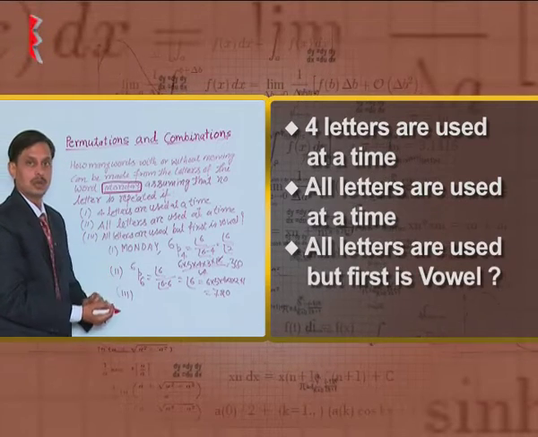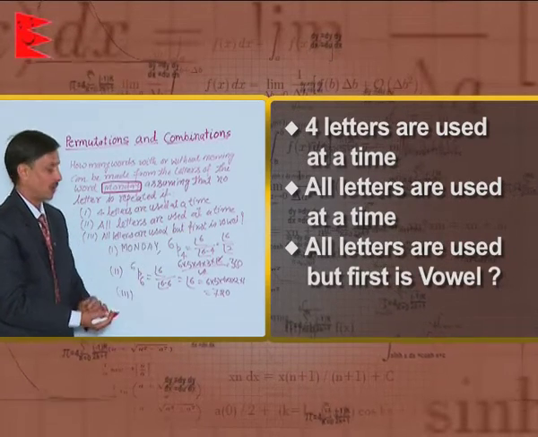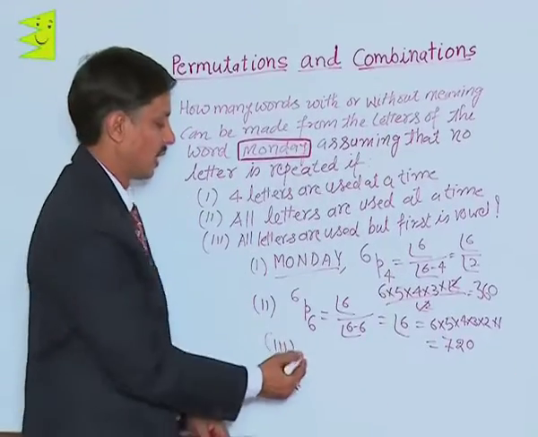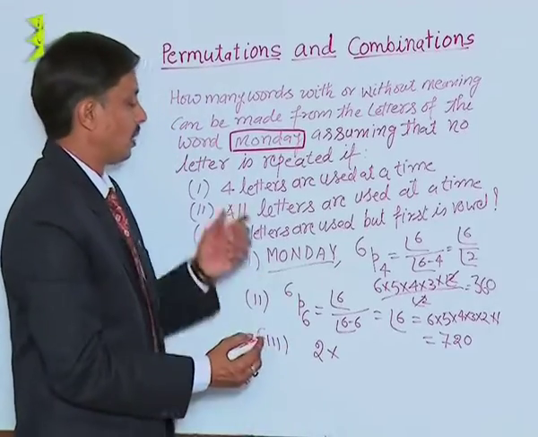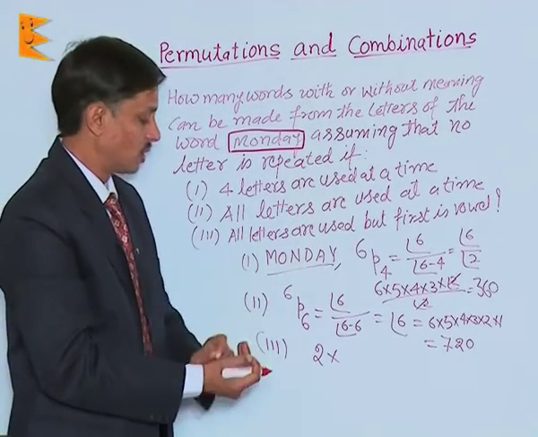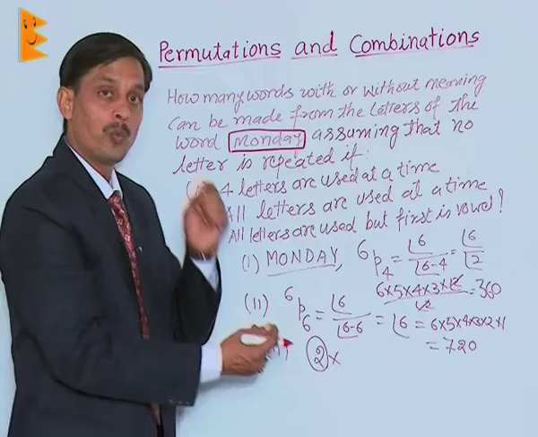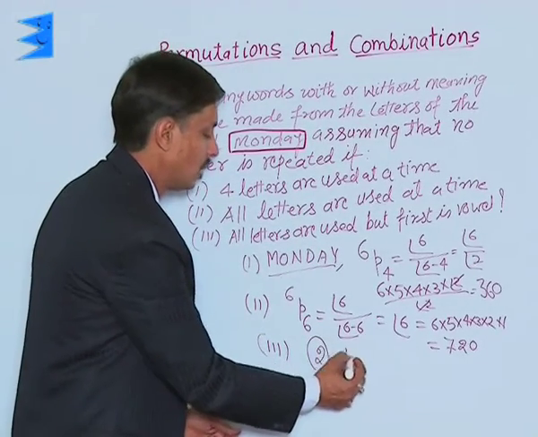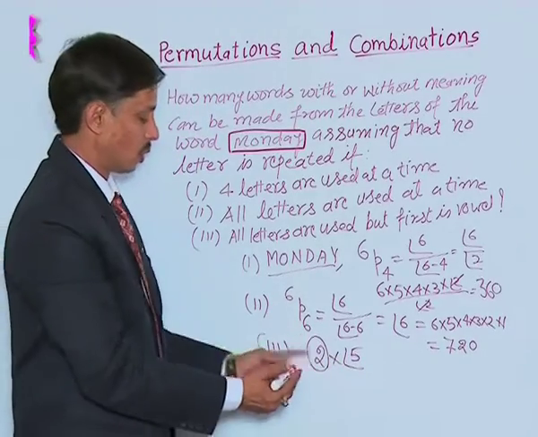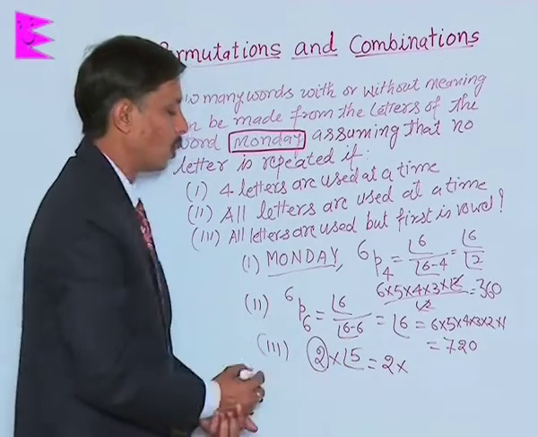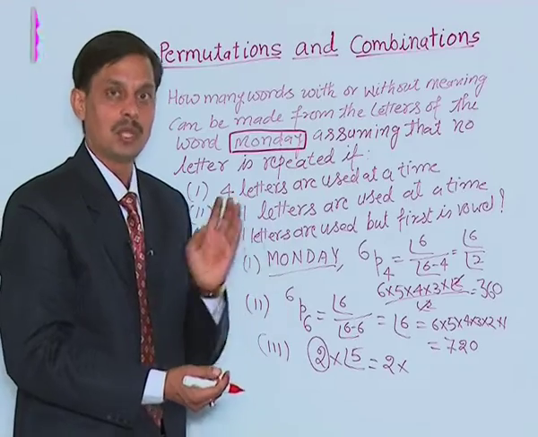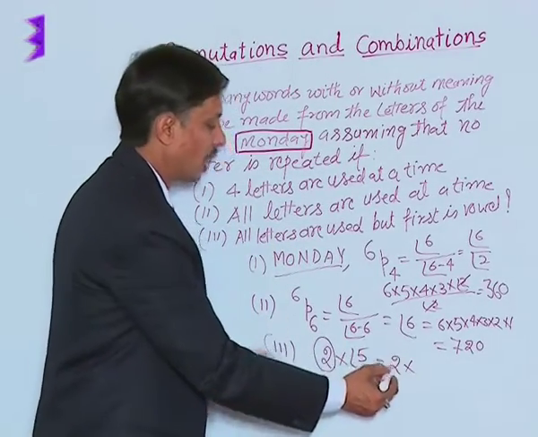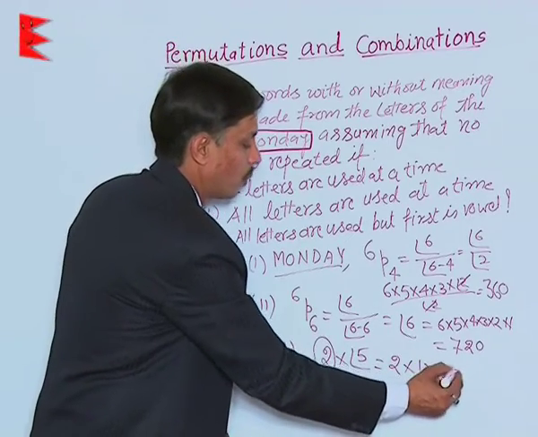all letters are used, but with the condition that the first is a vowel. In writing Monday, we have two vowels. So the first letter can be chosen in two ways. Then we have 6 letters, but out of these 6, one is used in fixing the first position of the word to be formed. So how many positions are left? 5. So 2 into factorial 5, which means 5, 4 is 20, 20 3 is 60, then 60 2 is 120. So ultimately it is 120 into 2. The answer is